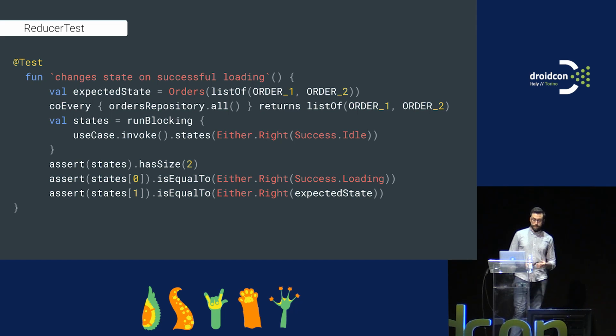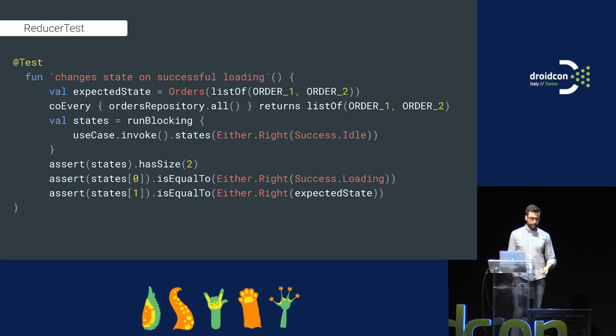We expect a state with different orders. We expect that when the repository is called, we're going to return a list. And then we have this run blocking is going to say, well, after this, every single state that's being called through the reducer, you're going to be accumulating it in this list. And then we can operate on those lists and check and assert that the value is what we want.